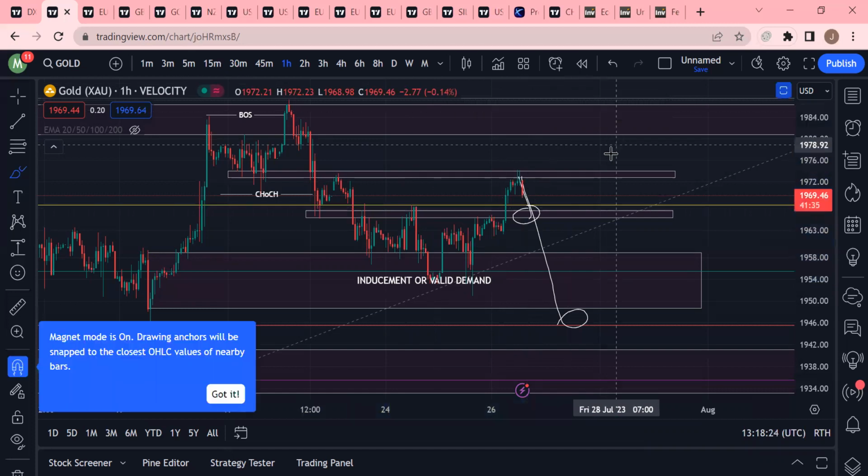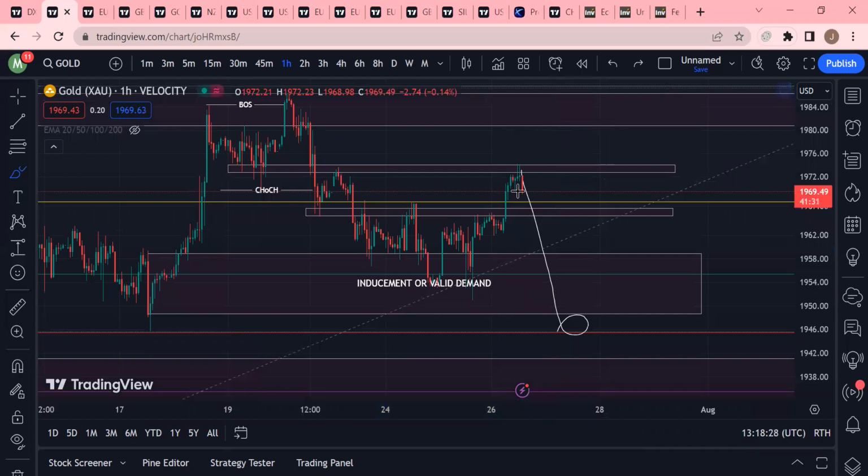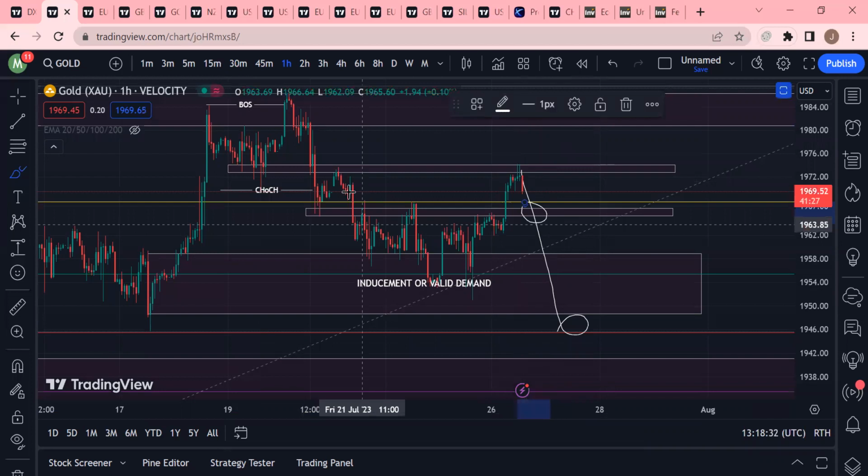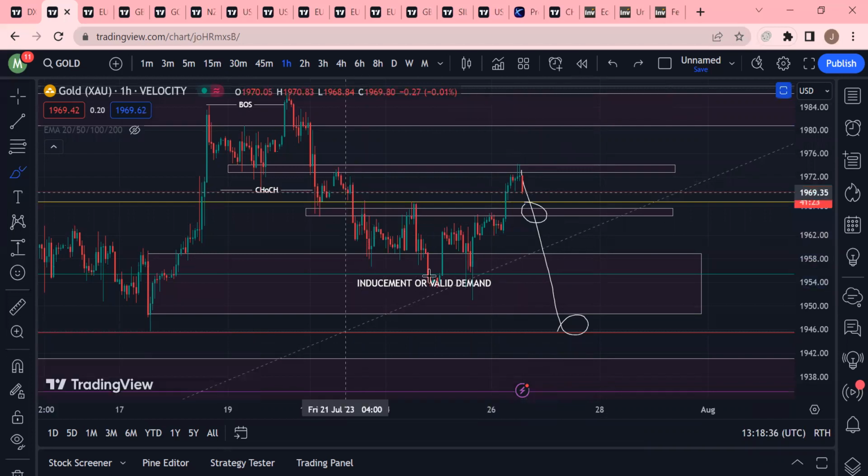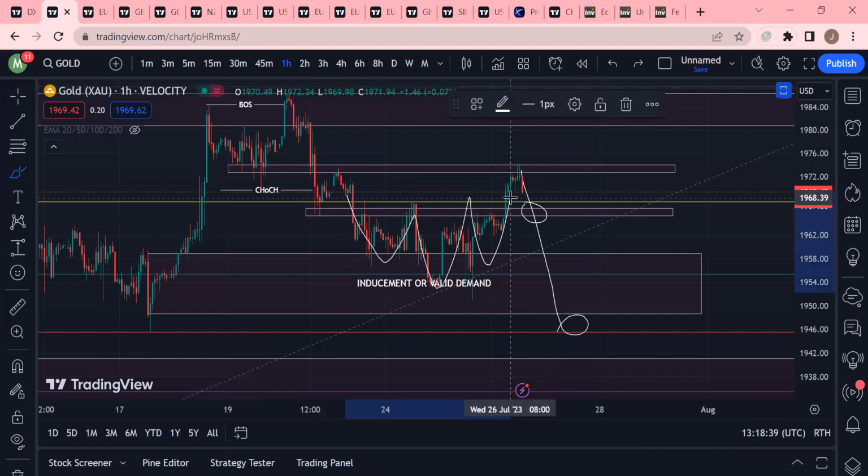But the moment you see that the 1966 to 1968 area fails, because this is a valid 1 hour head and shoulders pattern that happened here. So if it's going to retest and you see a bullish sign, you can continue buying. But